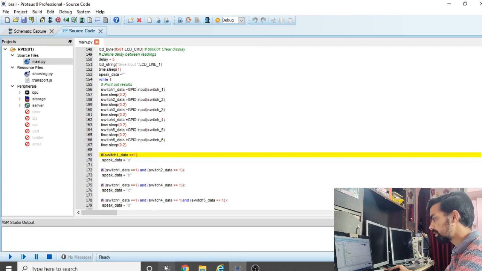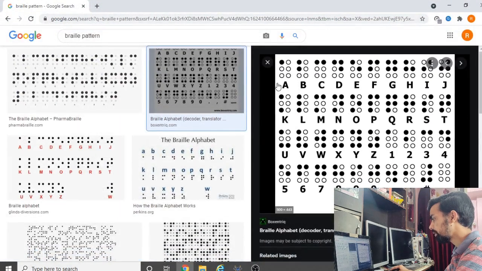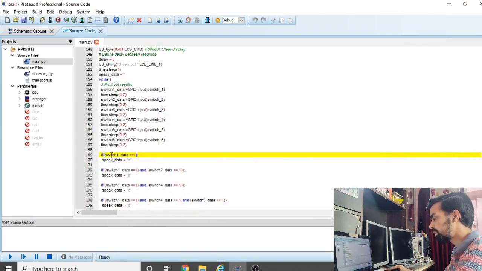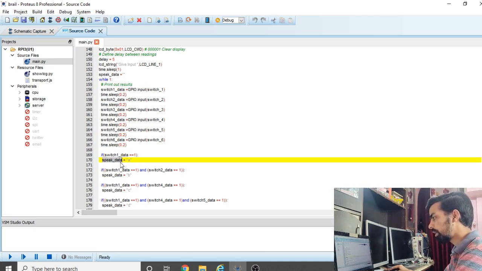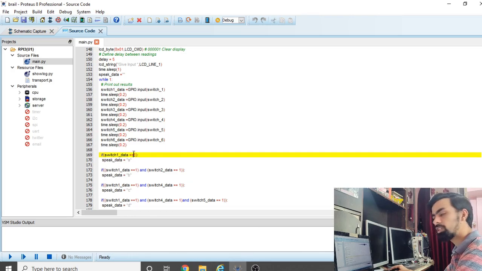For the letter A in the Braille alphabet, switch 1 needs to be pressed. So in the if condition we check whether switch 1 data is equal to 1. Equal to 1 means switch 1 is pressed, and then we store the value A into the speak data variable once only switch 1 is pressed.